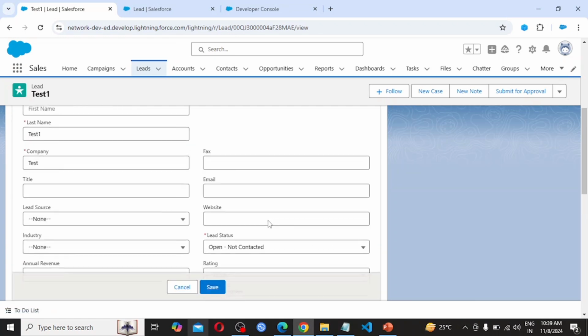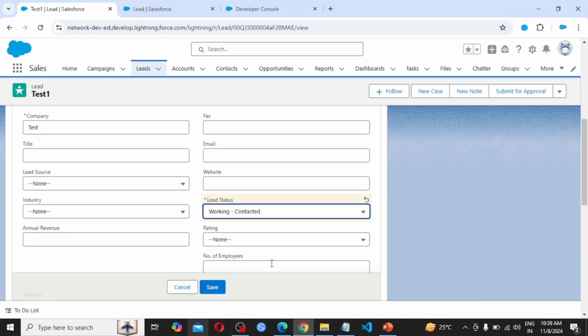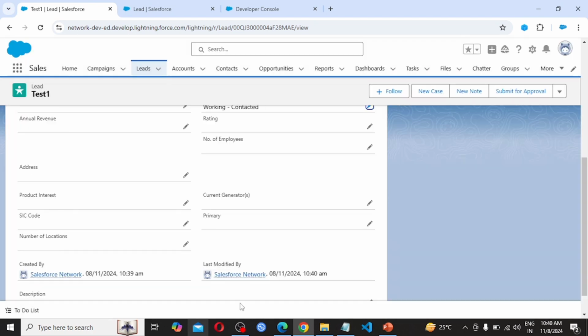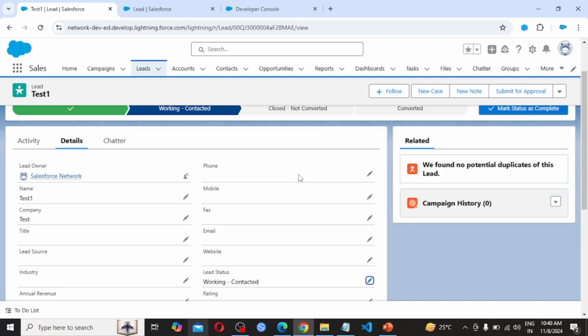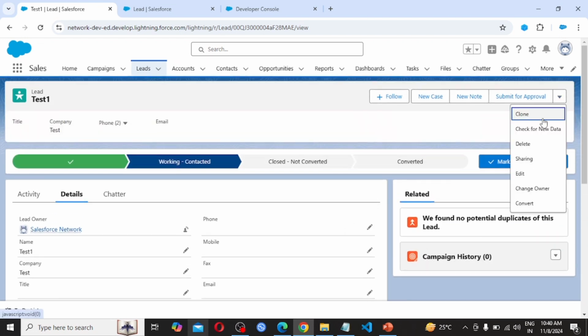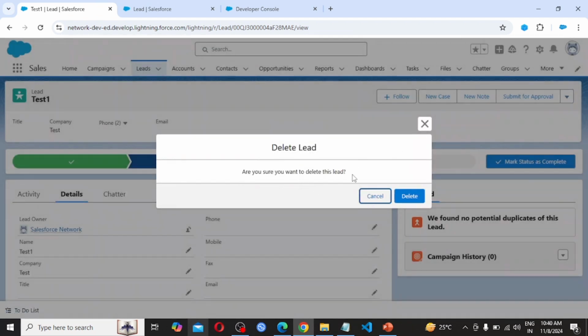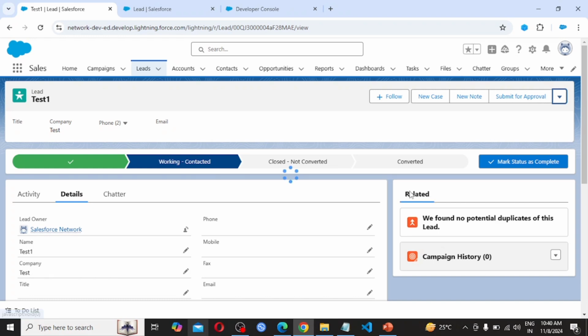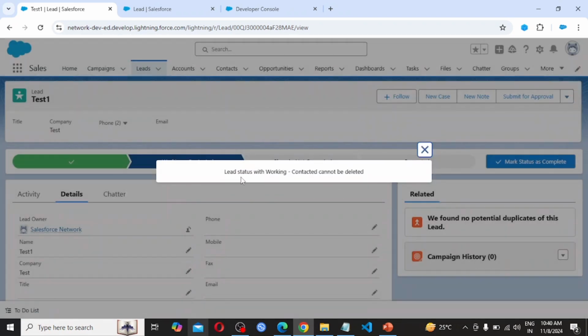If I update this lead status to Working - Contacted and click Save, this lead meets the criteria, so no user can delete this particular lead. Let's try to delete. Click on Delete. Are you sure you want to delete this lead? Delete. Lead with status Working - Contacted cannot be deleted. As we put this message in addError, the same we are getting here.